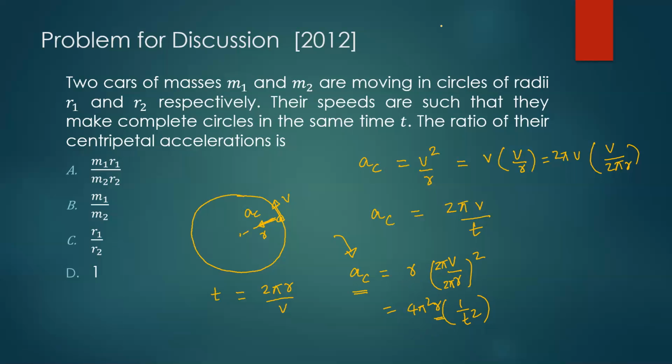So you can simply write the acceleration for car 1 and the acceleration for car 2 will be r1 by r2. Again, in these examples, you don't have to write everything. Some of it you will do in your head and then you'll quickly arrive at this answer. And another thing, if you want to guess, acceleration does not depend on mass. So you can take that in most cases.